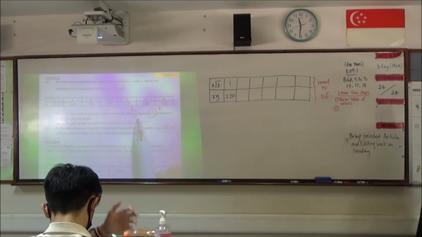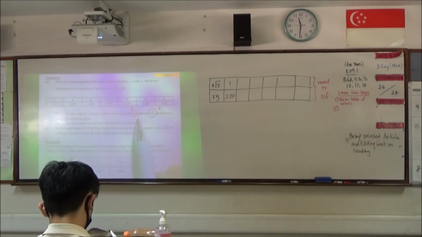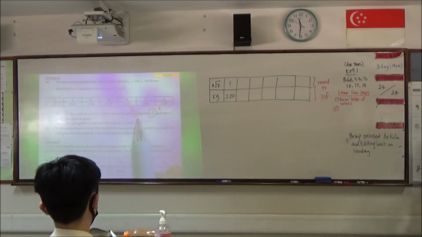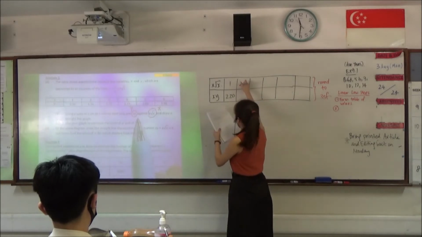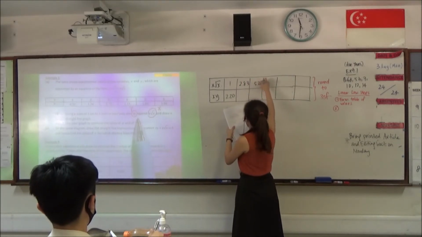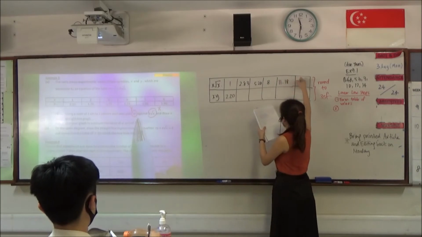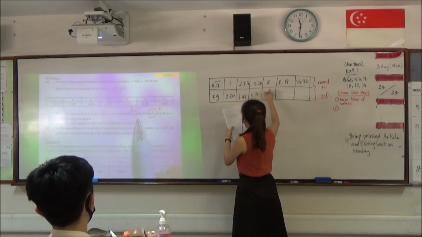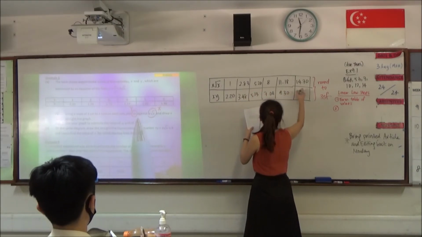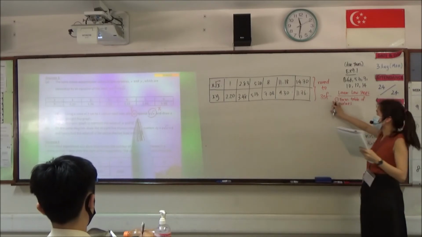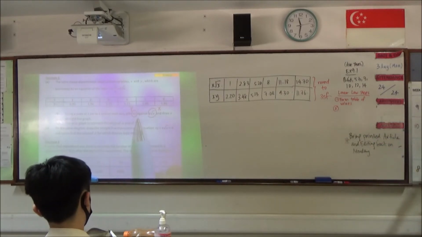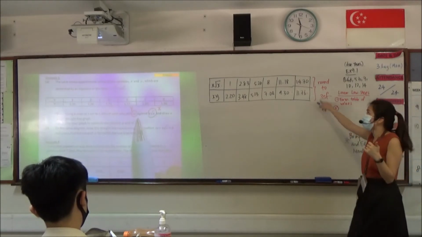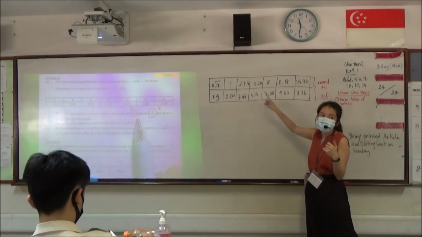Are we done? Okay, it shouldn't take you too long to draw out this table of values and to compute what is inside. So what you should be getting will be 2.83, 5.20, 8, 11.18, 14.70. So you notice that for some of my values, they are not in 3SF. Either you do it by 3SF, or you keep the same decimal place throughout all your questions.